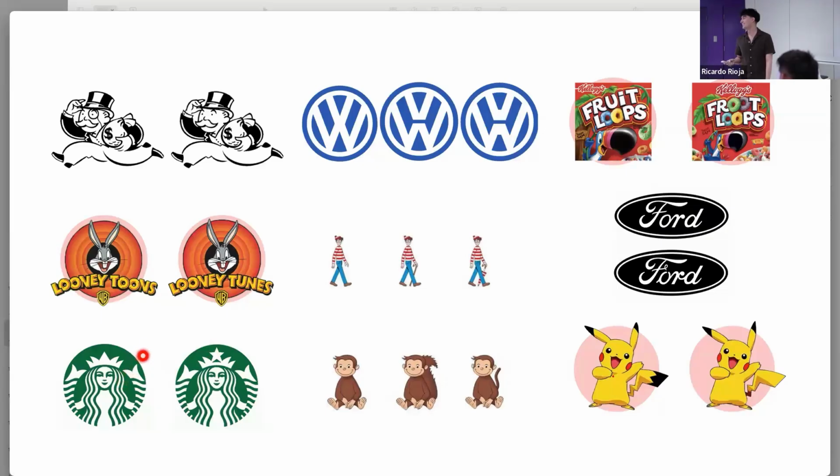Yeah, you're sure? What about the Looney Tunes one? Who thinks it's written like this? No? The other one? This one? And what about this logo? Who thinks which one is the correct one? The middle one, the first one? You guys aren't sure? Well, with this, I wanted to prove it.